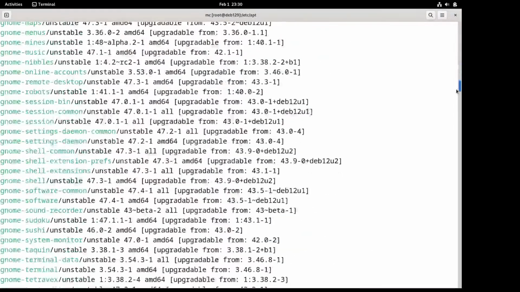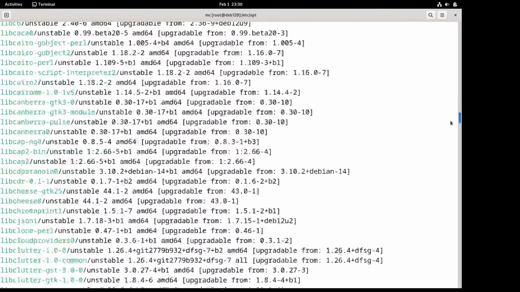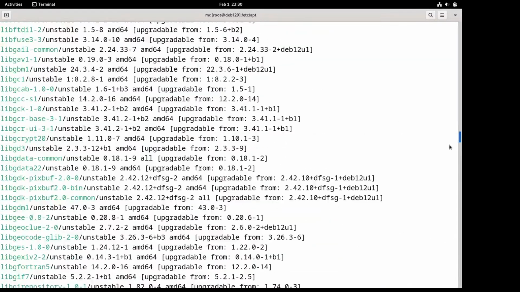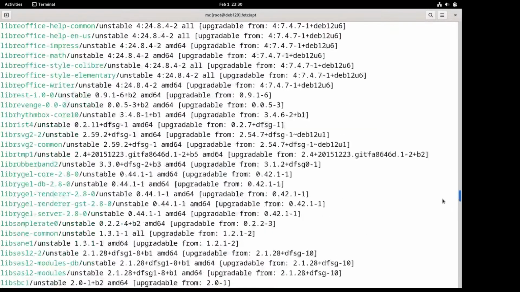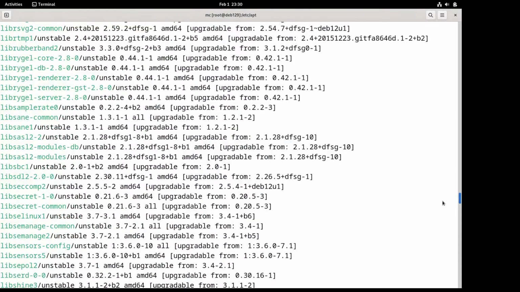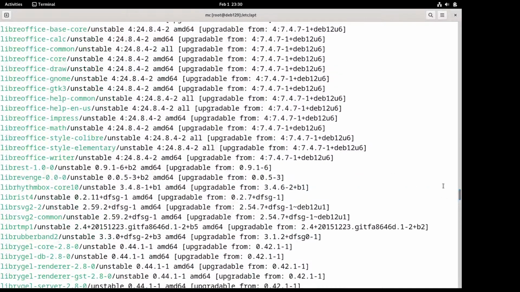Also, let's say we had LibreOffice installed, which is also interesting. LibreOffice base core is upgradable from 7.4.7 to 24. Well, I believe that, actually,